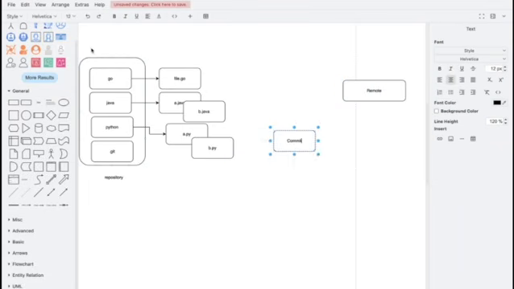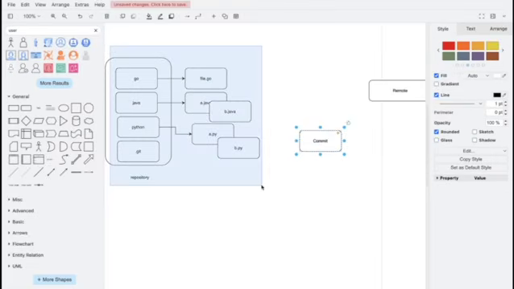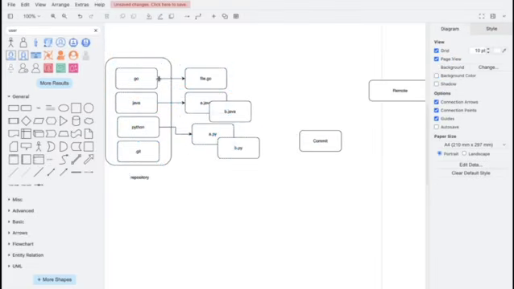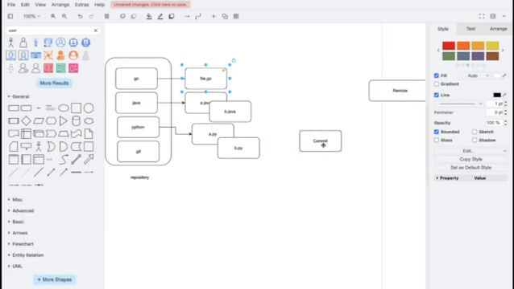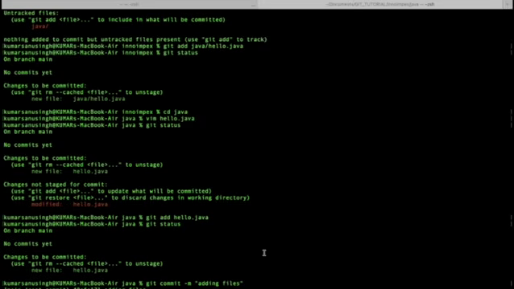So commit is nothing but it has taken the snapshot of whatever changes we have made till now. Whatever we have created, everything will be available inside the commit. Commit is a term in Git which is basically telling you that whatever you have done till now, you have the copy of it available with you. That's why you see git commit, one file changed, since we have changed one file, with insertion, and this is the detail it is giving you.